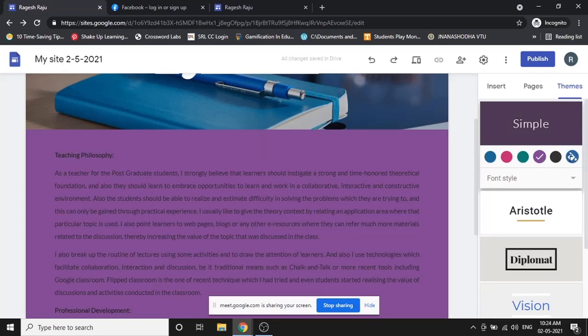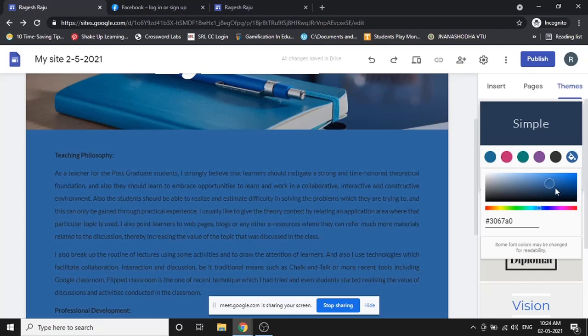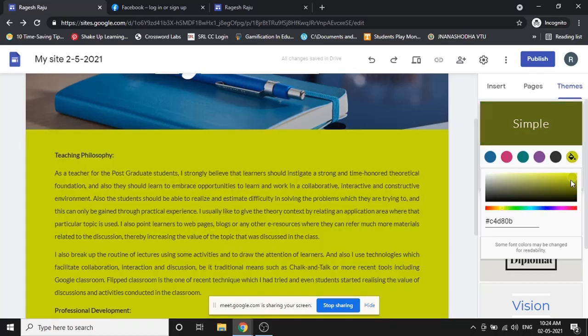So this is the last option here. You can see a paint bucket option on the theme. When I click on paint bucket, you will be getting a huge option to select the color. Whichever color you like, you can select it from there. If you like some color like this, you can select that. There is also a color code which is given here. If you already know the color code of that particular color which you want, you can always copy paste it here, you will get it. Okay. So this is where you set the theme color.